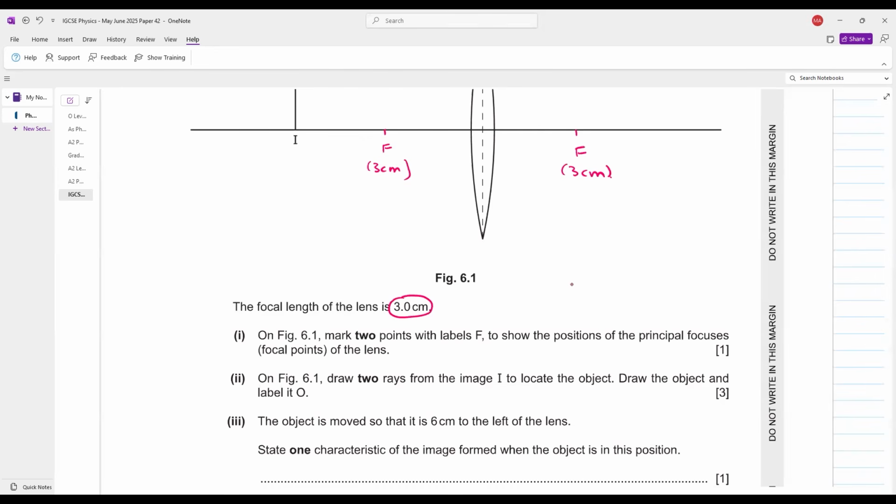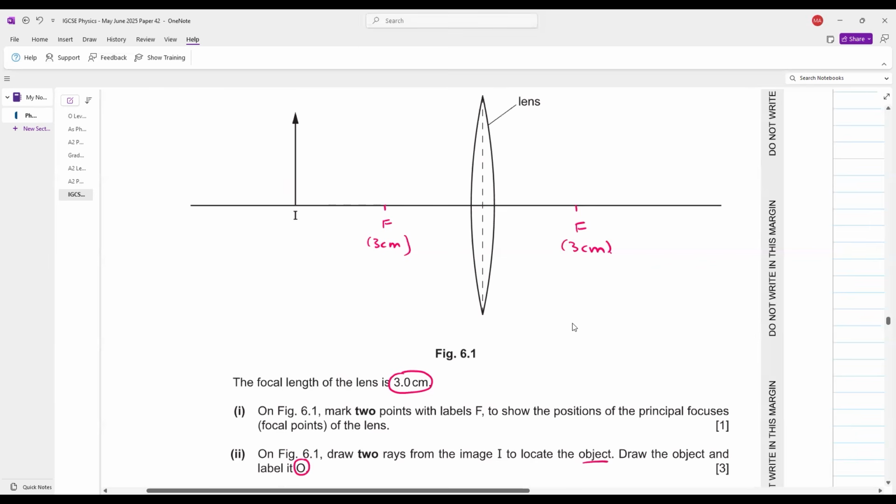On figure 6.1, draw two rays from the image to locate the object। Draw the object and label it O। ऑब्जेक्ट को किस तरह लोकेट करेंगे बेटा? हाउ विल यू लोकेट द ऑब्जेक्ट? कैसे लोकेट करोगे ऑब्जेक्ट को? कोई आइडिया है? यू हैव टू डू द रिवर्स प्रोसेस। आपने क्या करना है? रिवर्स प्रोसेस करना है।